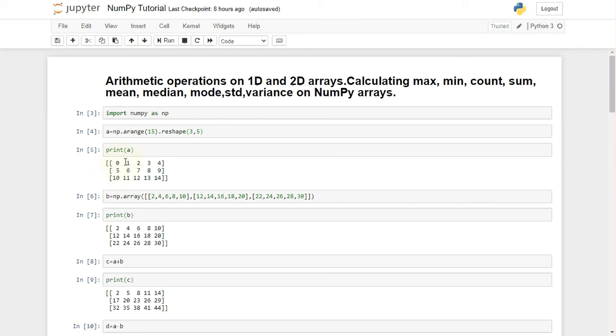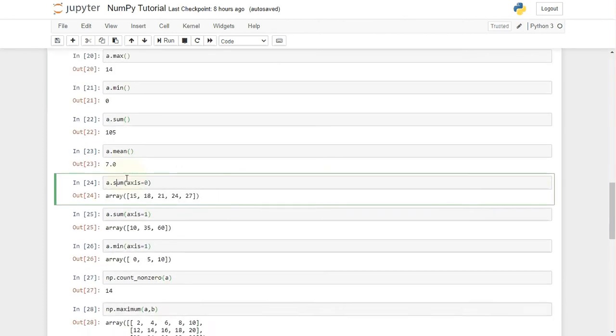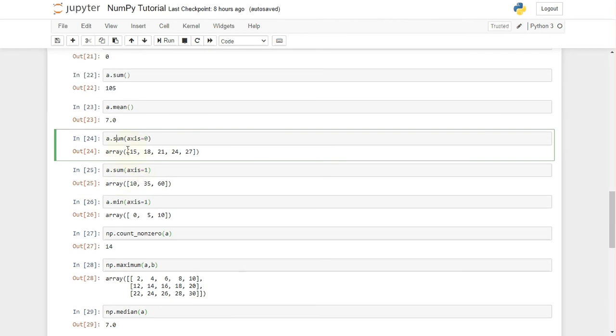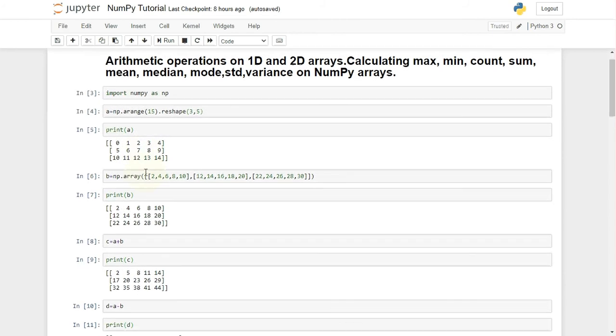Now the second, all the rows along the second column will be 7 plus 11, 18. Now our answer should be 15, 18, etc. Likewise, when we perform sum on axis 1, it would be along columns. What I mean is,